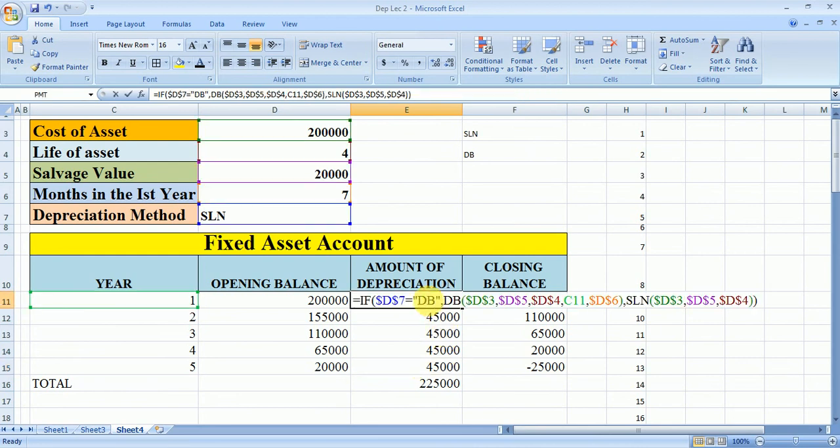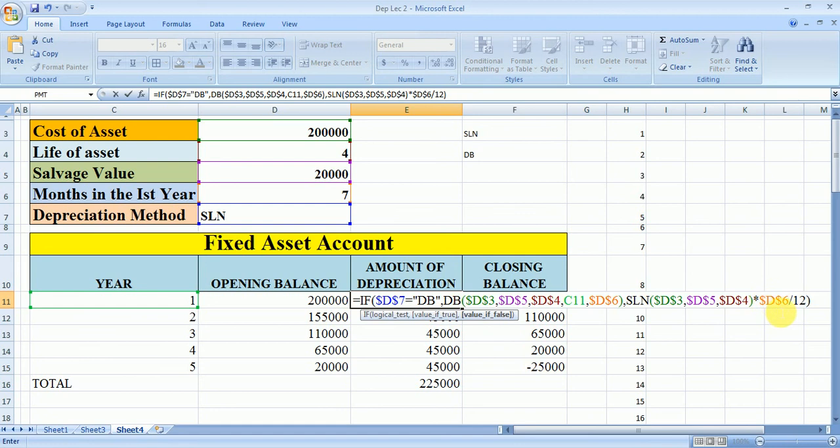So what we can do here, we'll select this cell, and in the SLN formula we multiply this by this month. Again this month is going to be fixed, so we need to fix it, divided by 12. So in this way, if you apply this formula, we'll get the depreciation for the 7 months. So this is basically the drawback of the SLN function in Excel. The DB method considers the month of purchase, while the SLN function does not consider it. That's why we are multiplying this function with the month.